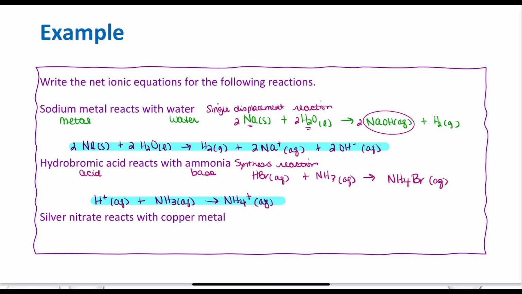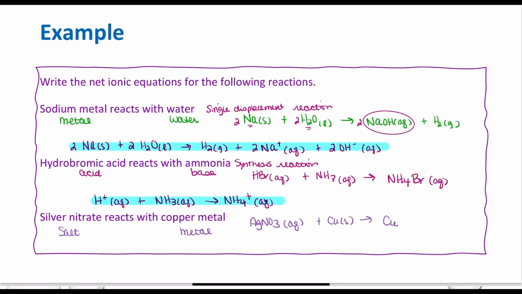And last but not least, I have silver nitrate reacting with copper metal. So silver nitrate is a salt, copper metal is, well, a metal. So let's think about what's happening here. I have silver nitrate. I know that's soluble, reacting with copper solid. That copper is going to displace that silver,